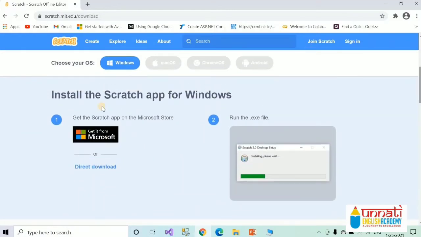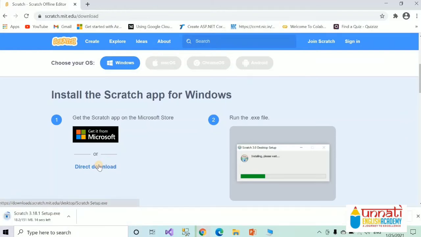There is a link given, direct download. There are two options. You can either go to the Microsoft website or you can use the direct download link. Now click on this direct download link. After clicking on this link, your software will start downloading.